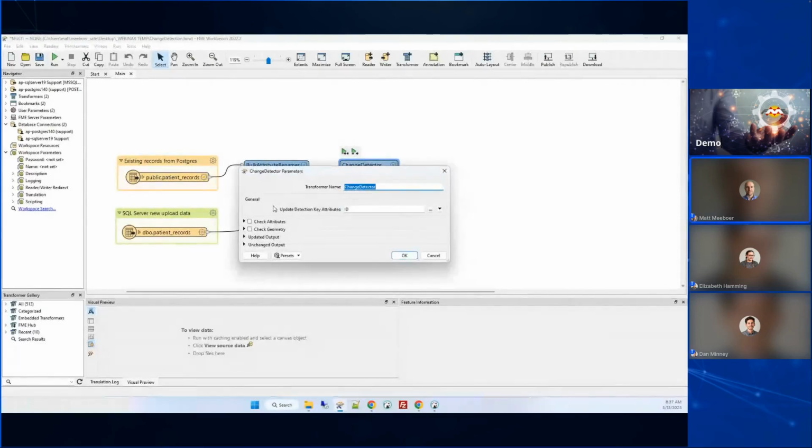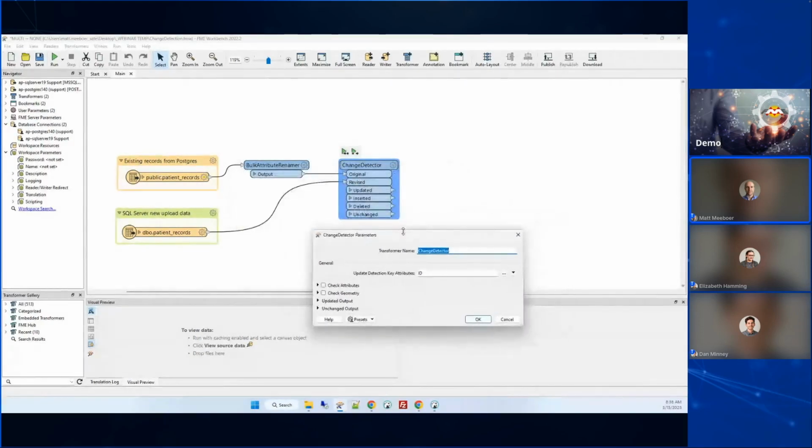And this is a pretty powerful transformer. In this case, we're just looking for changes on the ID attribute. This is uppercase in SQL Server, and that's why we made it uppercase coming from Postgres as well to make that comparison. So any new IDs that are inserted into SQL Server are going to be detected and come out this inserted port in our change detector,